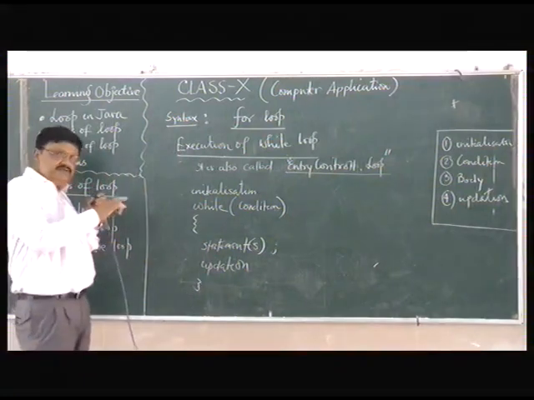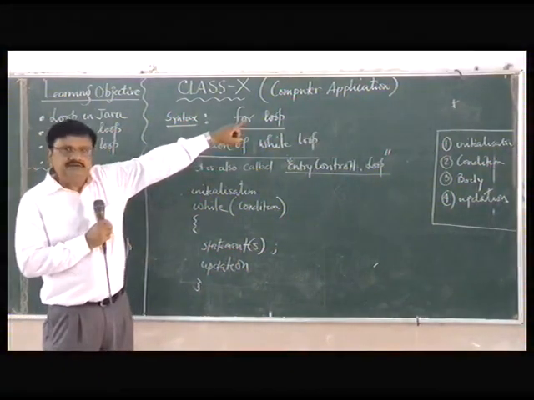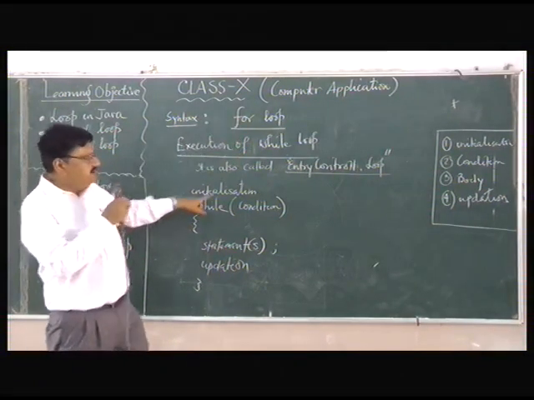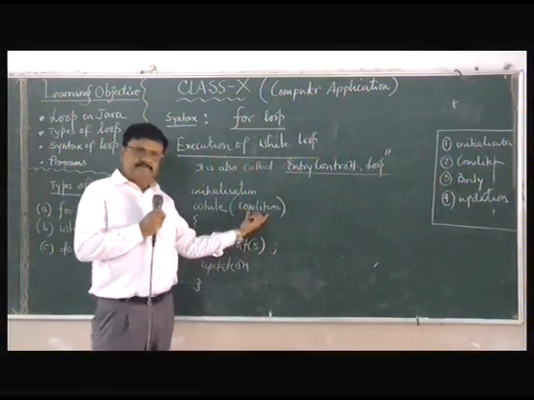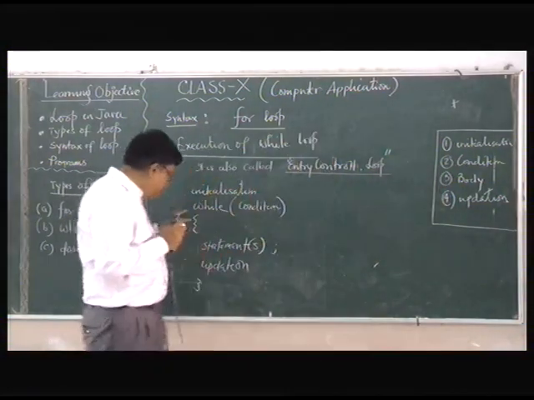So now you analyze whether 4 parts are there or not. Which one is the initialization? This is the initialization. So first part is there. Please look at here. First part is there. Second one is the condition. The second part is the condition. Now you see the condition is there. Clear? What is third one? Is the body. Now you see the body is there.